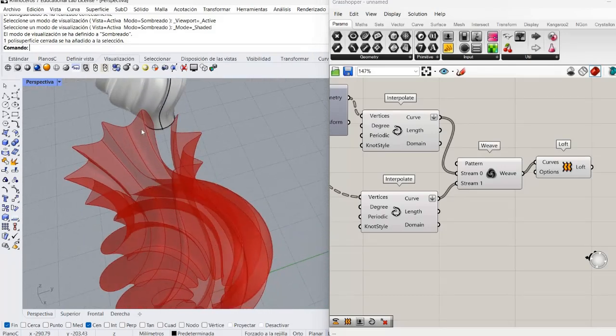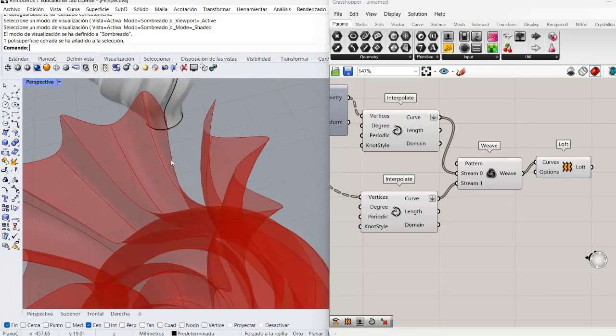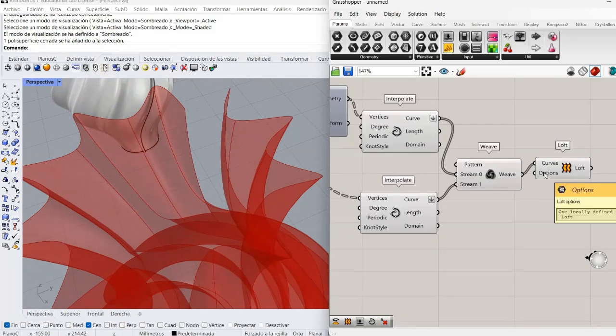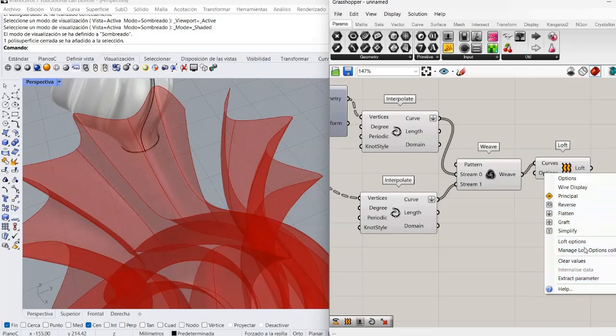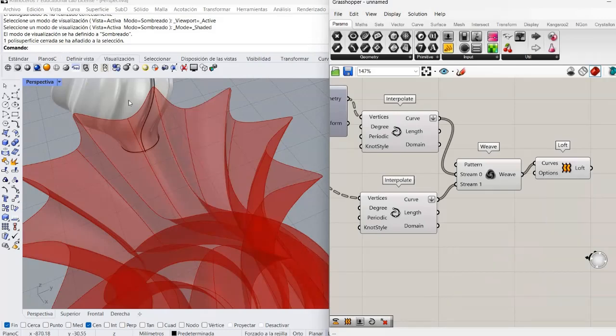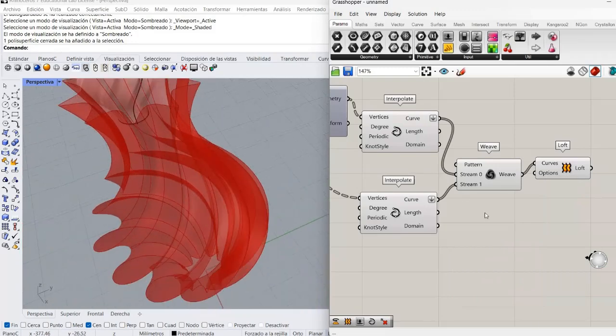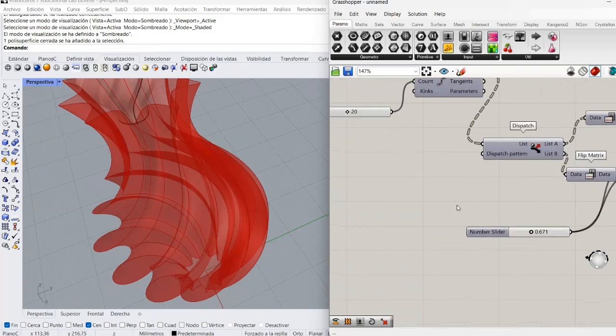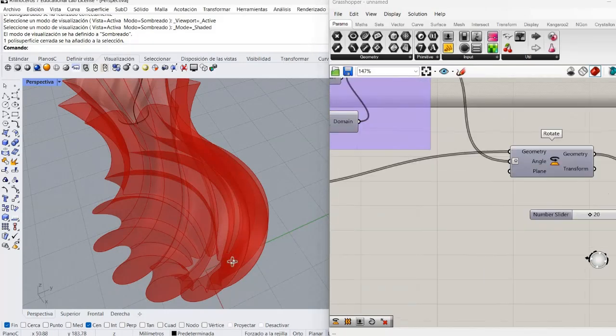Okay, the only thing that we have a problem here is this kind of non-connection of the surface. So for that, I'm going to right click on the loft options, and here I have loft options, and I can tick the box of close loft. That's going to close that. That's perfect. The other thing that I need to keep in mind is that as I move this count,